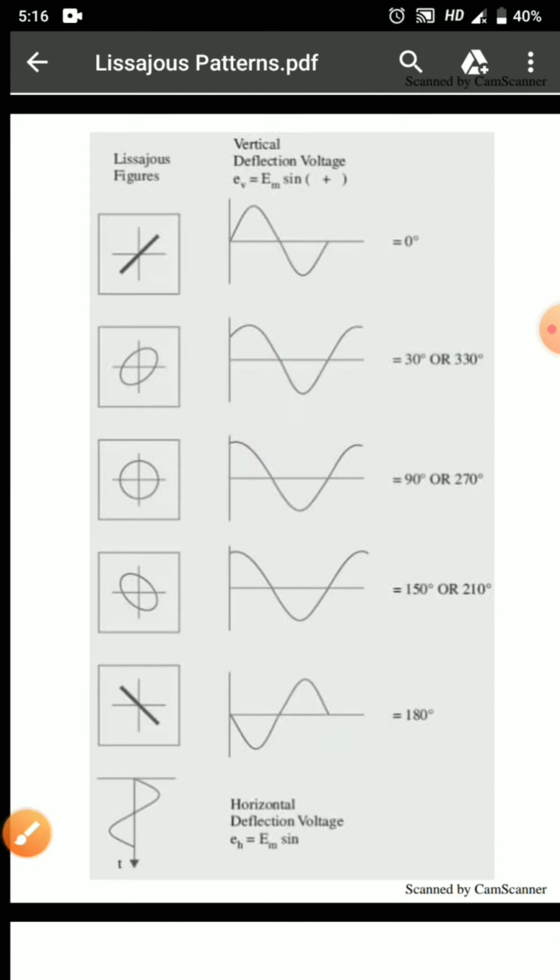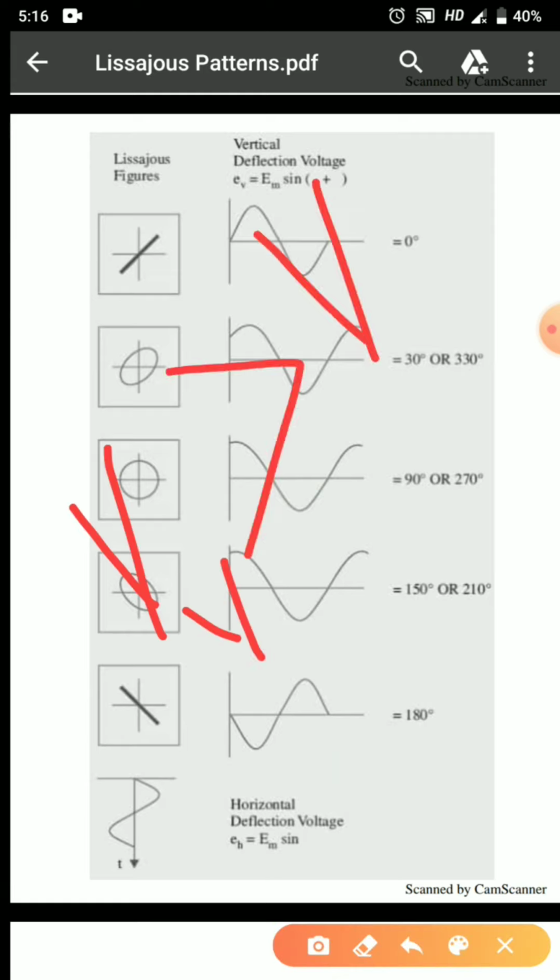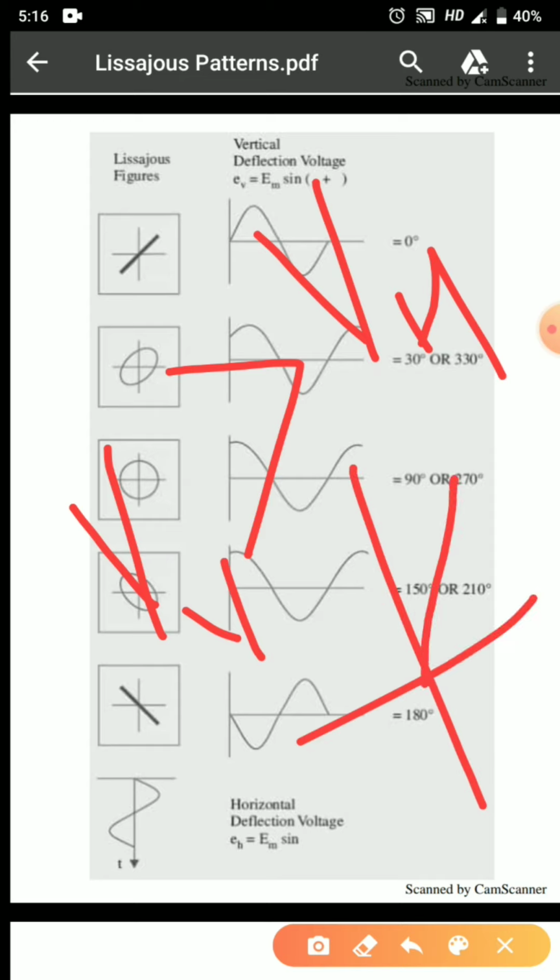Now for example, if the vertical voltage is greater than the horizontal voltage but the frequency values are staying the same, we can see here that the line will have an angle greater than 45 degree compared to the horizontal. That is, this should have been the value that we are getting when the vertical plate's voltage and horizontal plate's voltage are equal. But what will happen is that with the horizontal, the angle will become greater, this 45 degree will shift. Now when this 45 degree is shifting, it means that the voltage of the vertical plate is greater.